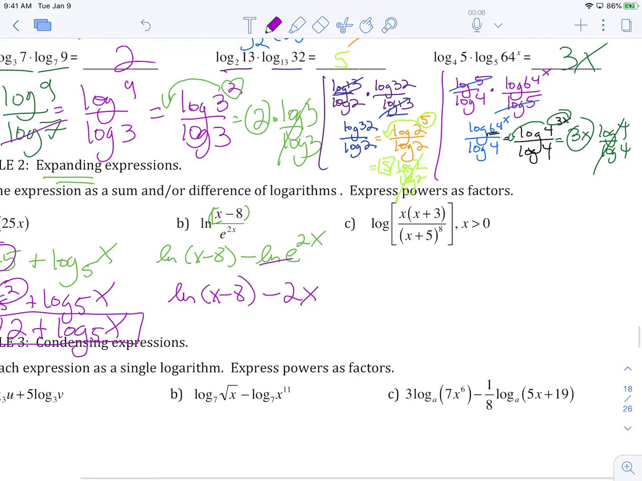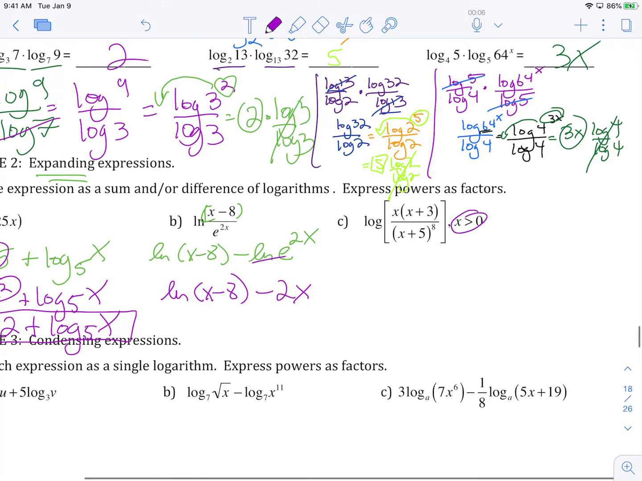Okay, and over here, all this is saying is this is your domain. We had to say that x is greater than 0 because of this. You can't take the log of 0. So that's all. Don't let this confuse you. Everything is still the same. So